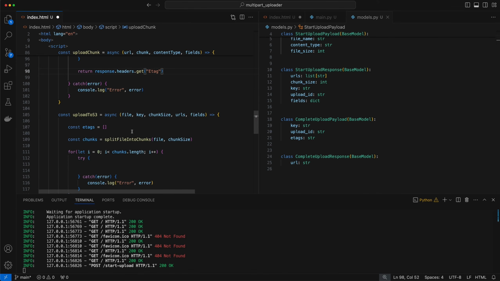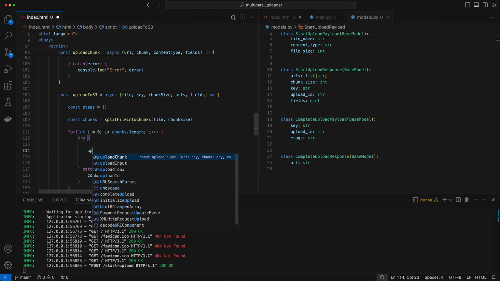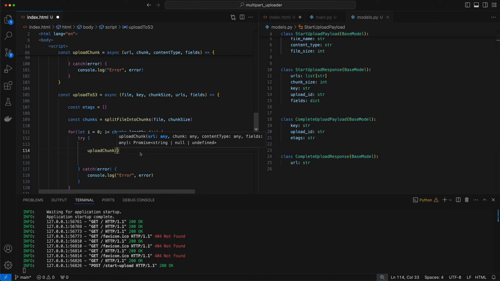Cool, that goes and uploads. So let's actually use that now. So let's just call uploadChunk, and we need to pass in a URL. So how do we get that? Well,